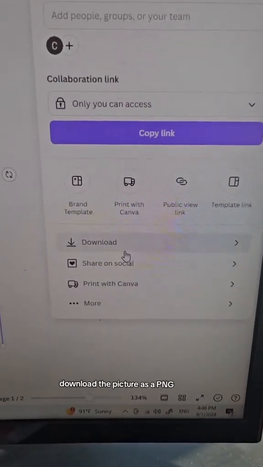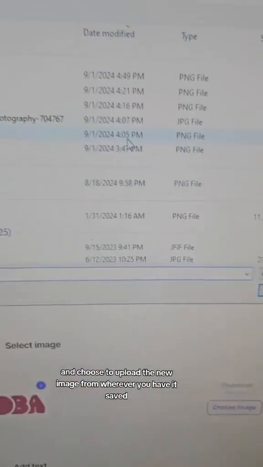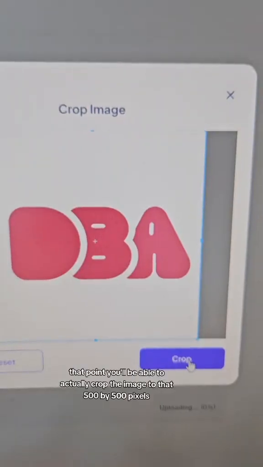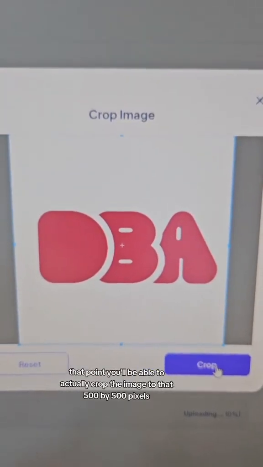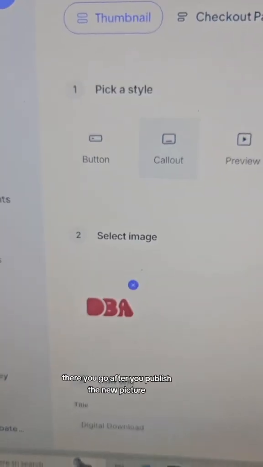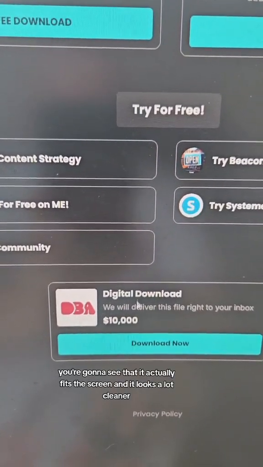Download the picture as a PNG. Then just jump back into your store and choose to upload the new image from wherever you have it saved. At that point, you'll be able to actually crop the image to that 500 by 500 pixels. There you go. After you publish the new picture, you're going to see that it actually fits the screen and it looks a lot